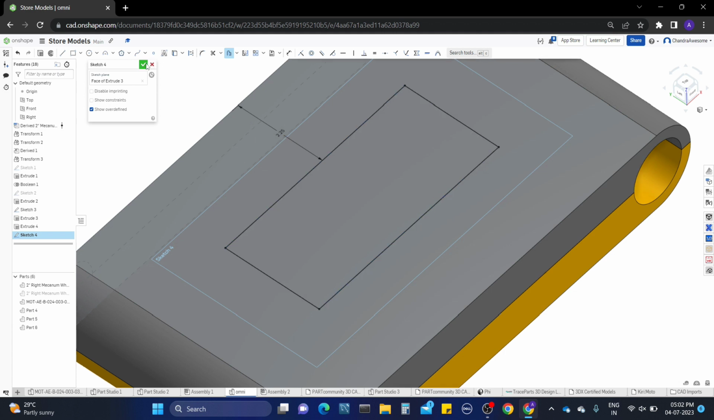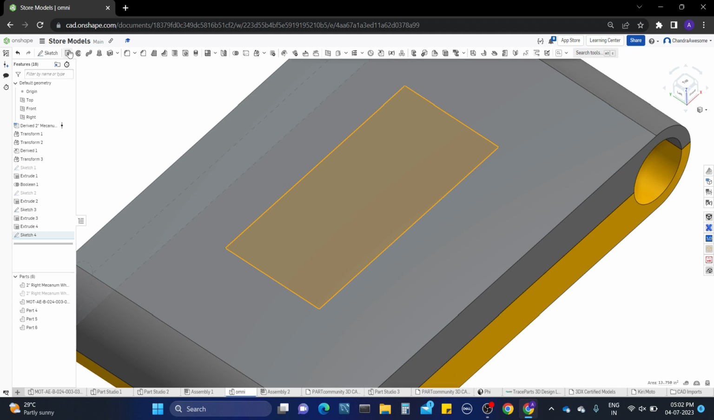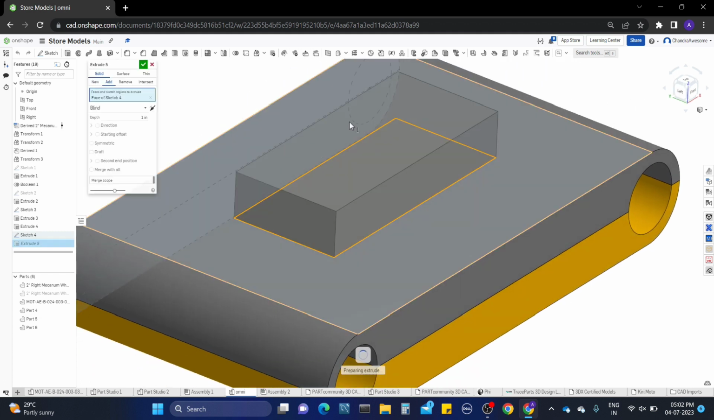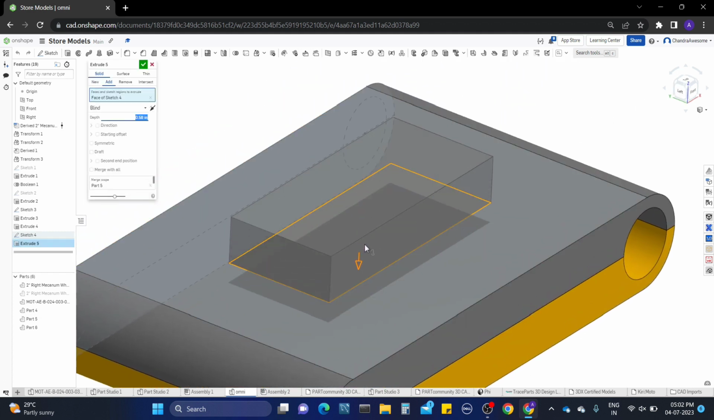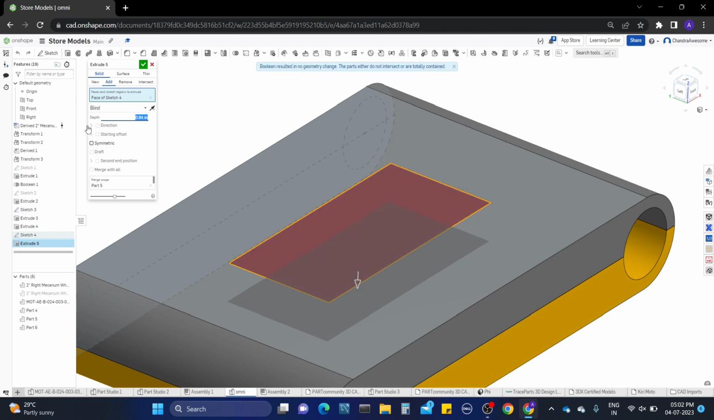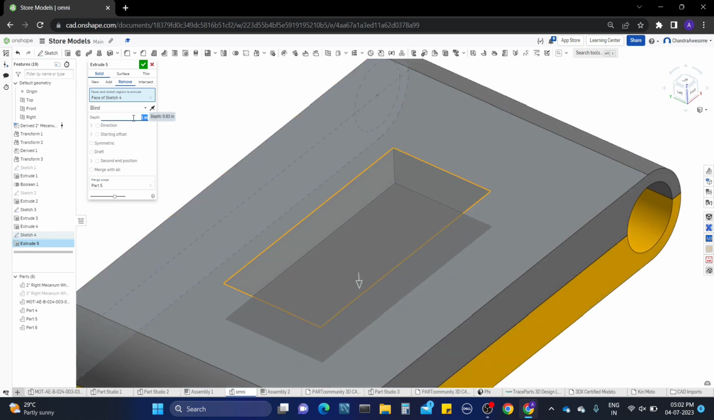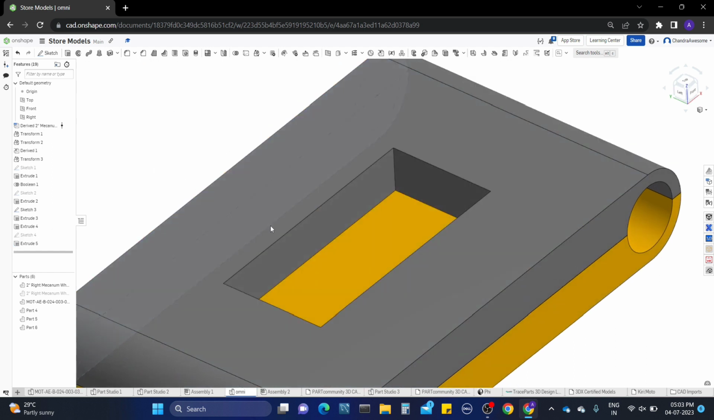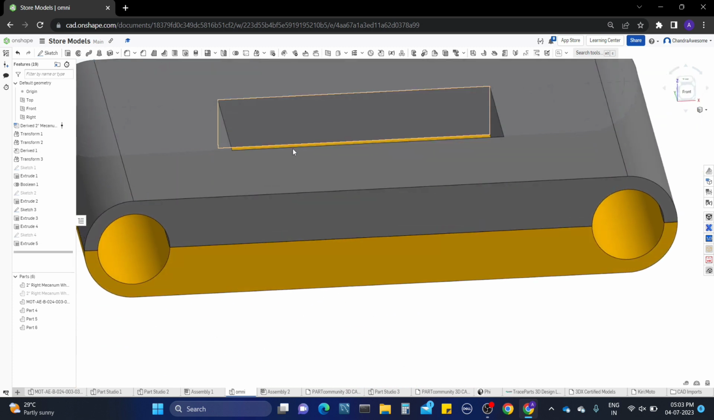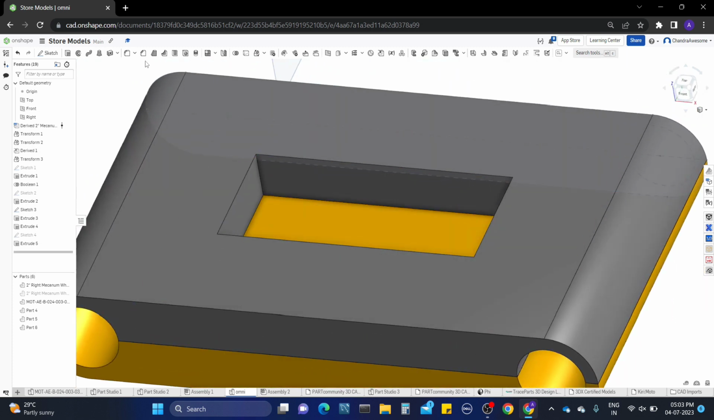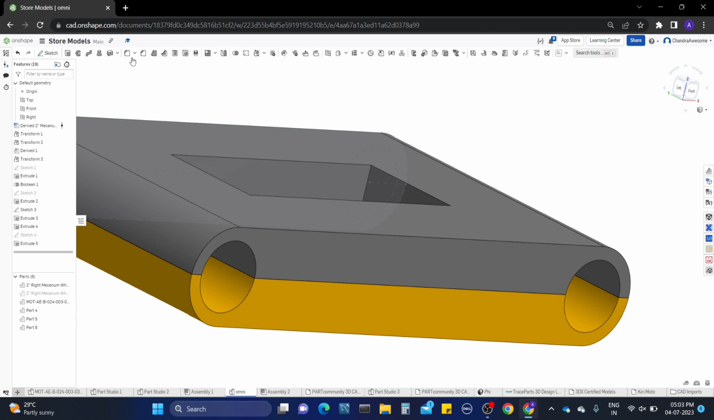I think that's enough, and I extrude the same operation and remove the part. Instead of doing like this, just remove and click OK, and take 1 inch is enough. Okay, now click OK. Now make sure the sharp corners will be filleted, so we get a smooth surface on